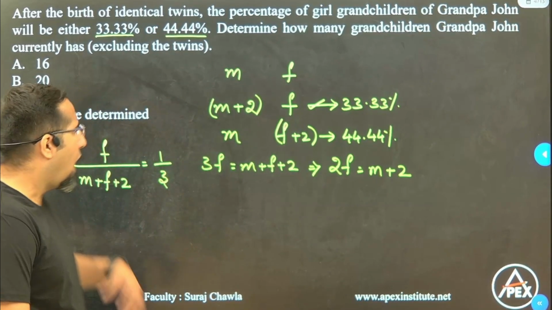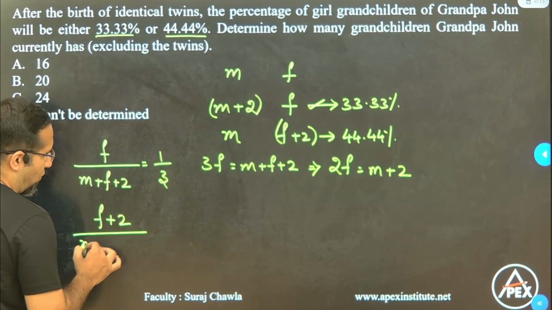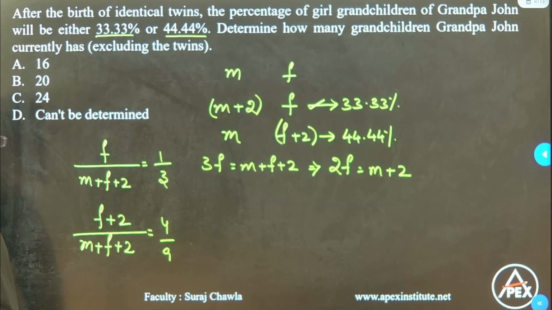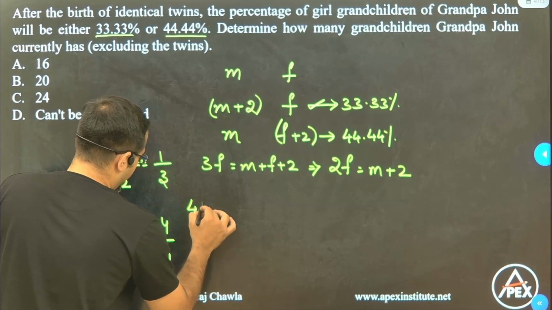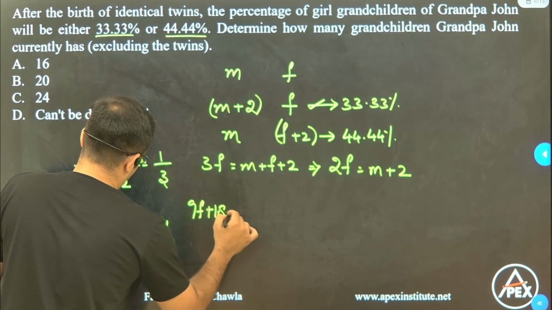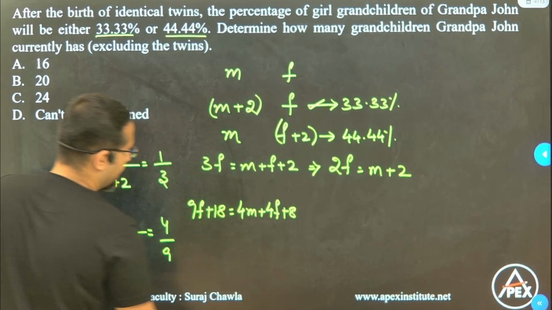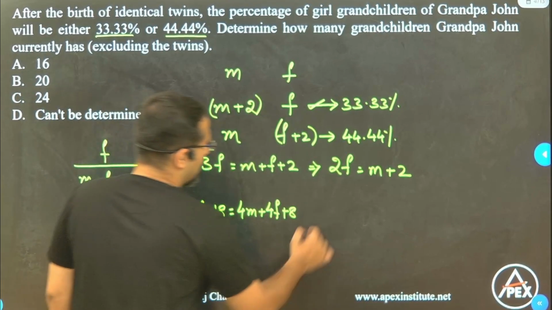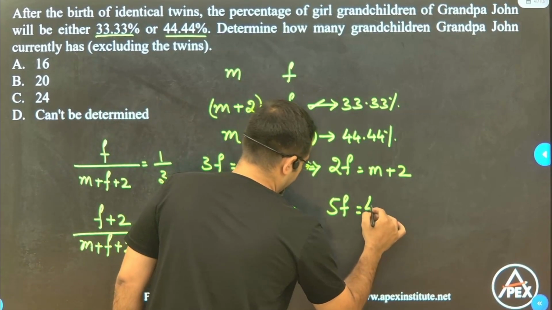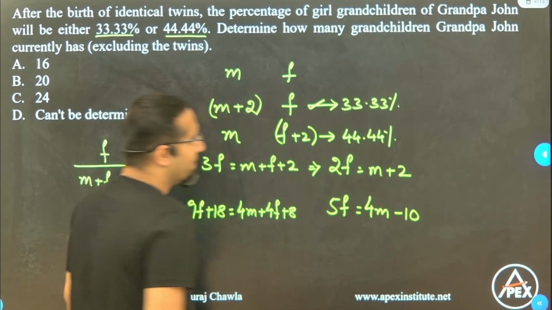ठीक है। अब दूसरे केस में नंबर ऑफ फीमेल चिल्ड्रन हो जाएंगे f+2 डिवाइडेड बाय टोटल चिल्ड्रन होंगे m+f+2 एंड दिस फ्रैक्शन बिकम्स 4/9। अगर हम इसको सॉल्व करते हैं तो हमको क्या मिलेगा? वी विल गेट 9f + 18 इज इक्वल टू 4m + 4f + 8, और हमको मिलेगा 5f इज इक्वल टू 4m, ये +8 है, ये -18 हो जाएगा, तो मतलब -10 हो जाएगा।